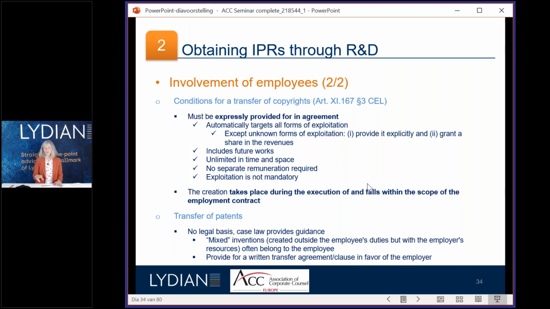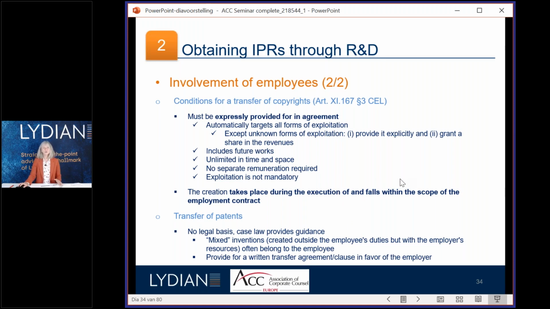But once you have expressly provided in an agreement, then you don't have to go into the details of exploitation rights and remuneration for each of the economic rights, provided that these rights have been developed in the course of the business of your entity and in the scope and during the execution of the contract. And regarding the patents, in Belgium there is no specific provision, and it's based on